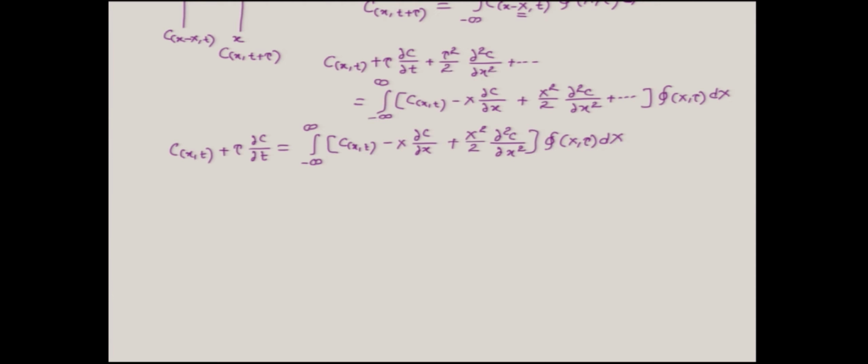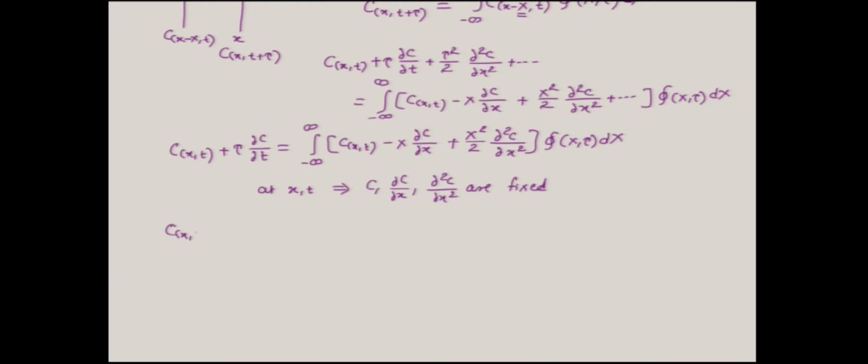So, at any given position of small x and at any time t, we can take these terms C of x t, dou C by dou x and dou 2C by dou x2 outside the integral, right. So, C, dou C by dou x and dou 2C by dou x2, these terms are fixed. So, if we take those out,